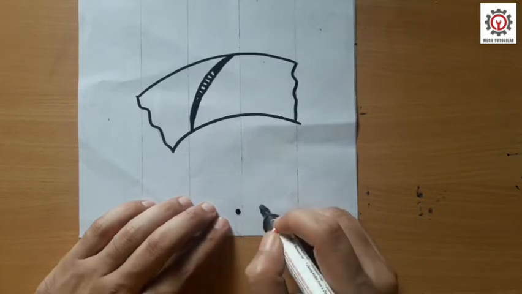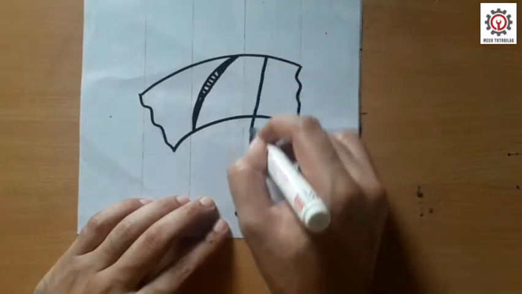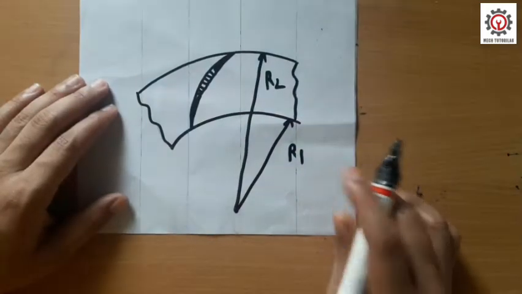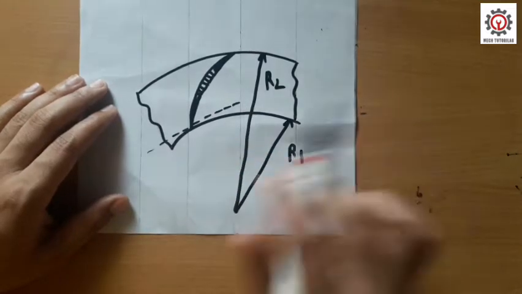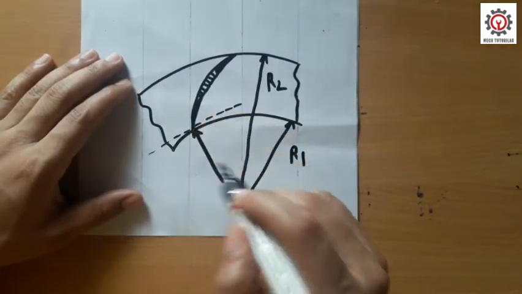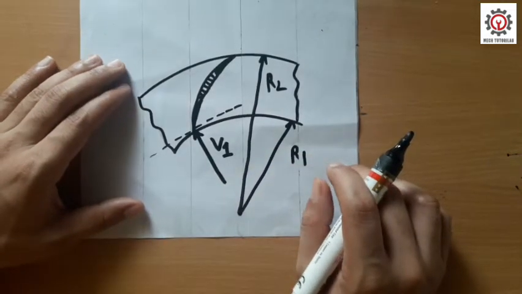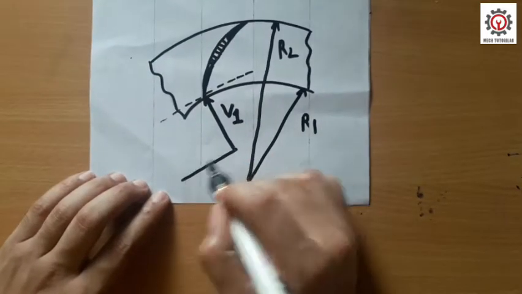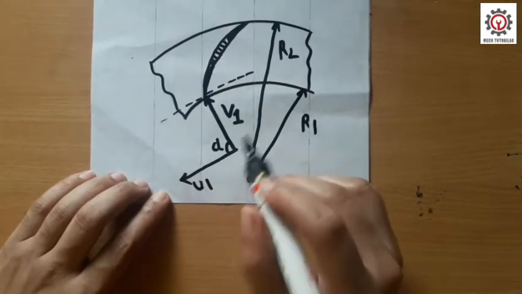Okay, let's assume this is the center of this impeller. So this is, let's say, radius r1, and this is, let's say, radius r2. Alright, let's draw a tangent on this inlet of this curved vane. So water is striking at an angle of 90 degrees with this tangent, with velocity v1, which is the absolute velocity of water at inlet. It also makes an angle of 90 degrees with its tangential velocity u1. So we are naming this angle as alpha, which is 90 degrees.